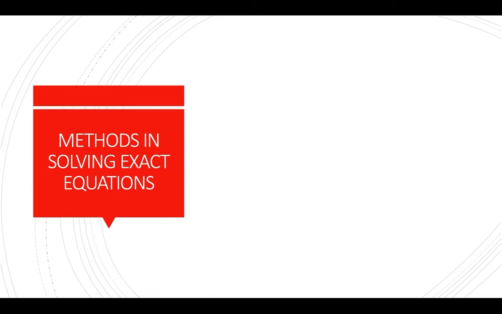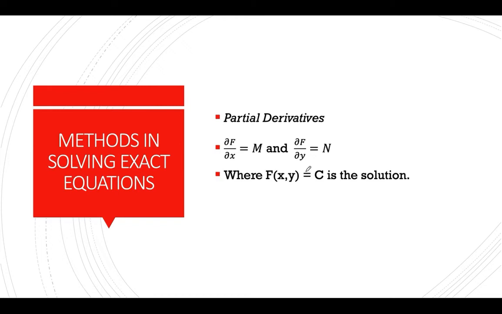Now there are three ways to solve an exact equation. So the first method is using the following partial derivatives coming from the definition of an exact equation: the partial derivative of f with respect to x is equal to M and the partial derivative of f with respect to y is equal to N. And the function f here is the solution to the differential equation. So let's